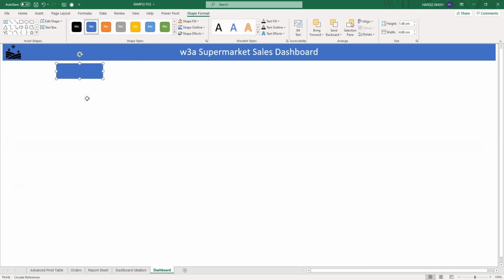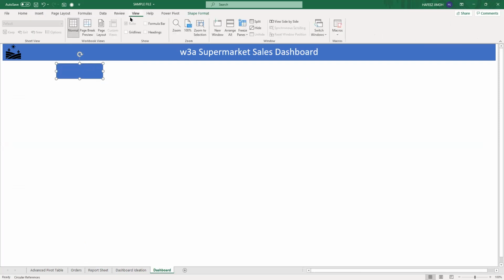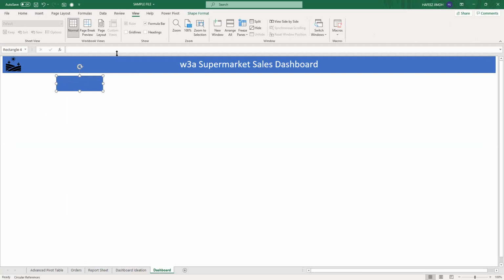So now there's something. Let me just on my formula bar so that you can see. Remember in Excel, whenever you want to work with anything in Excel, you basically work with shapes in Excel. But this time around now,